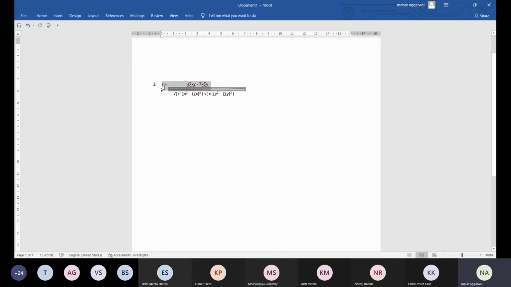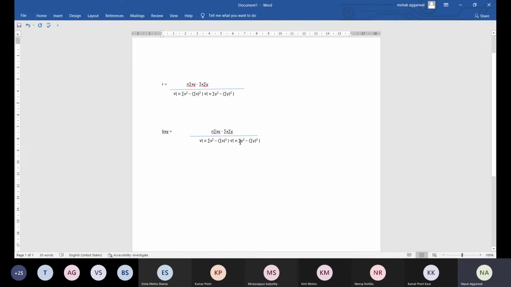So this is the formula for R. This is the formula of R we have already discussed. Now for the value of bxy. Suppose we want to find the value of bxy. So the formula is, this remains the same. So the numerator will remain the same. There will be no difference in the numerator. The only difference comes in the denominator.